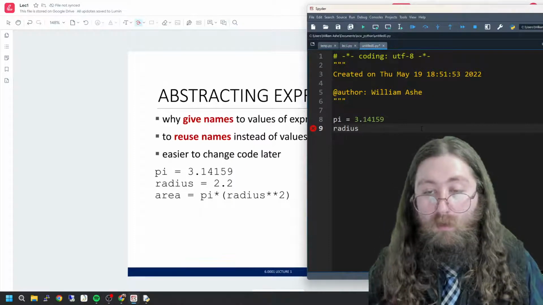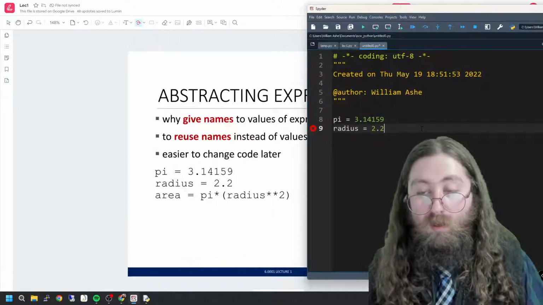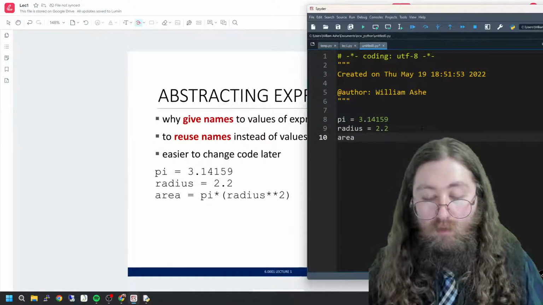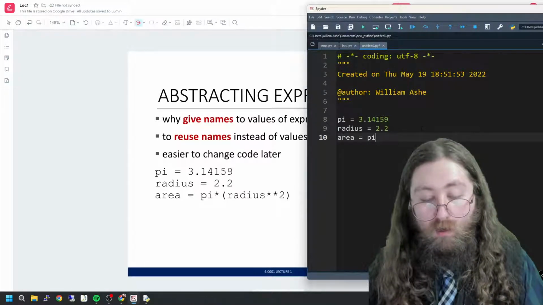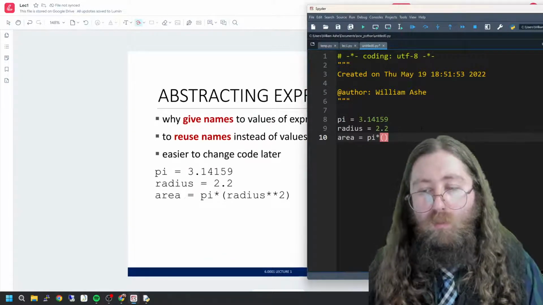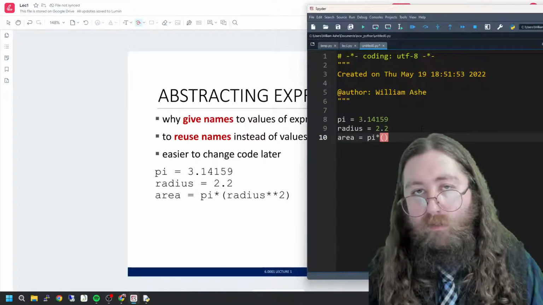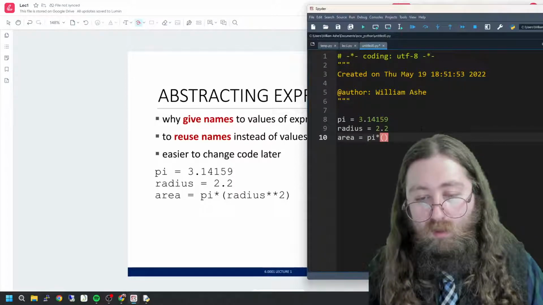Radius, we're going to say is 2.2. And then area is this value of pi. It's not actual pi, right? It's not nearly accurate, but good enough for a simple calculation.